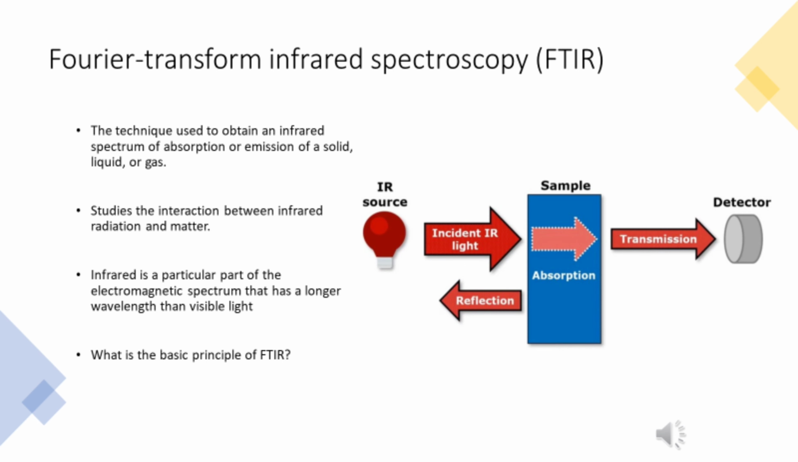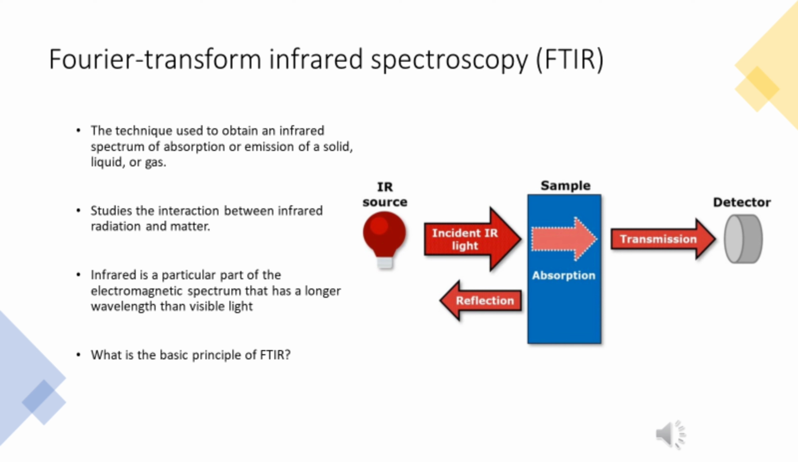Hello, our topic today will explain the FTIR instrument. Fourier transform infrared spectroscopy (FTIR) is a technique used to obtain the infrared spectrum of absorption or emission of solid, liquid